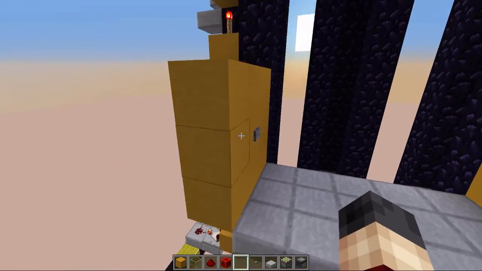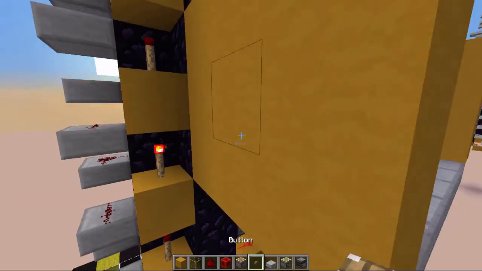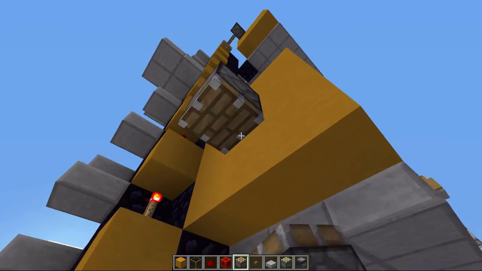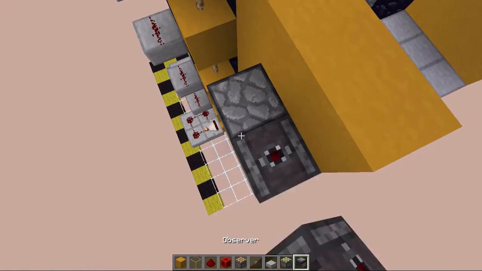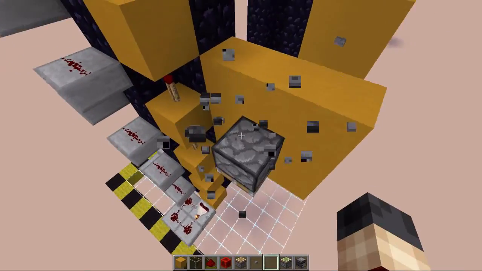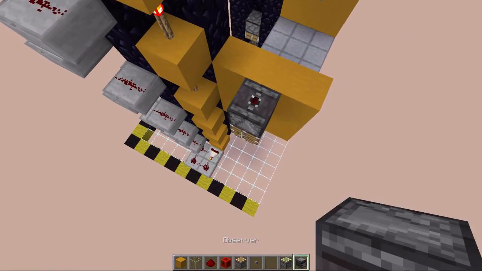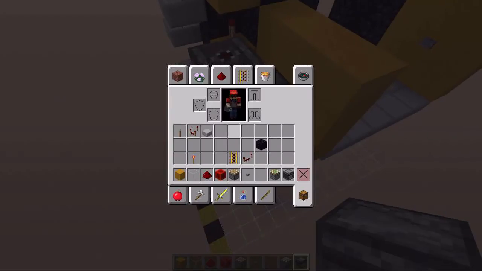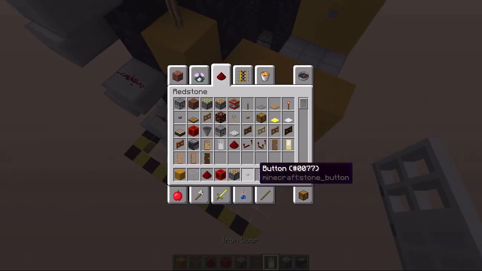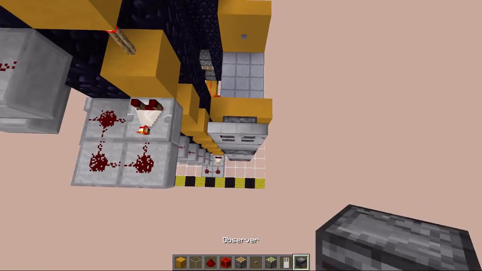And then we want to get our signal from here up, and for that we're going to use a ladder. You could call it a ladder, it's an accurate description of it. But we want to have a piston out, just like that. Then our observer that is going to detect that piston. And then we want to just go up with alternating iron doors, and then observer, iron door,